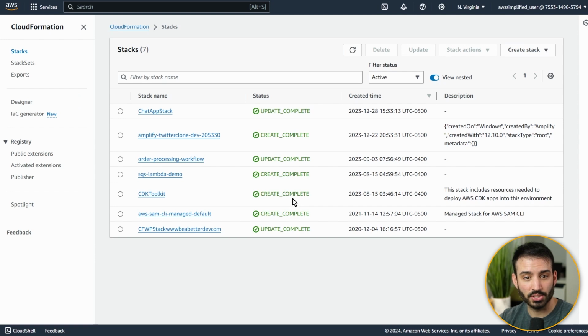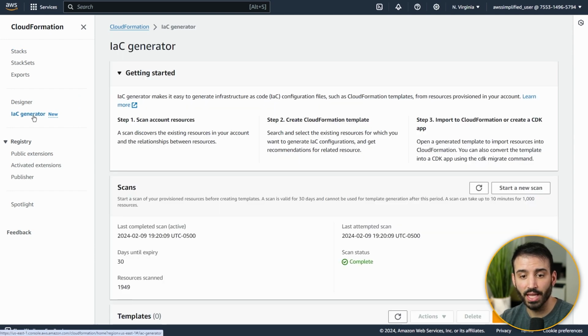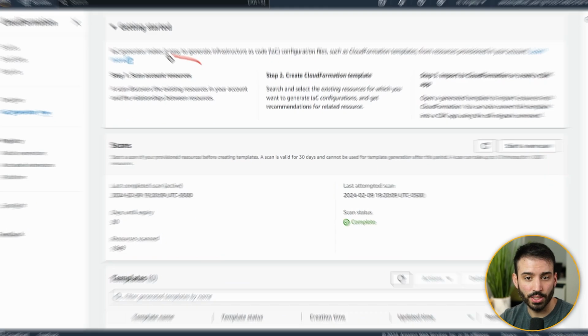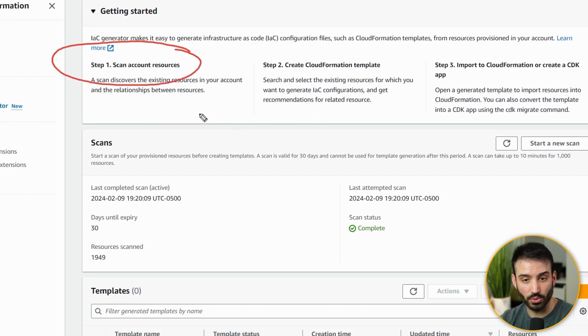And so in order to get started, let's go ahead and click on that now, and I'll walk you through what this wizard lets you do and some of the things that you need to know about when you're using it. So if we take a look at what's going on here, there's 3 different steps that we need to walk through. First things first, we need to scan our AWS account resources. This is going to register all of the resources that we have in our AWS account into IaC Generator. So all the roles, all the Dynamo tables, all the S3 buckets, all the queues, permissions, policies, everything that you